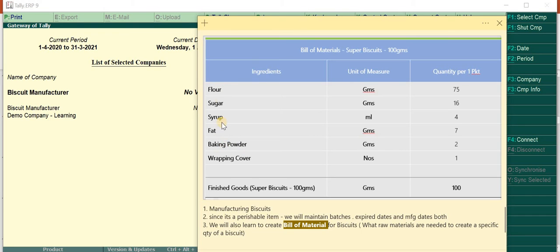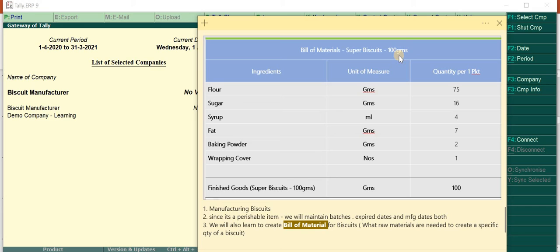Hence, the bill of material for a biscuit would consist of flour 75 grams, sugar 16 grams, etc., for 100 grams of a Super Biscuits packet. Similarly, suppose you have to manufacture a car. So the bill of material for a car would be steering, engine, tires, and all the things that are required to make a car. Okay, so I think you got the concept of bill of material.